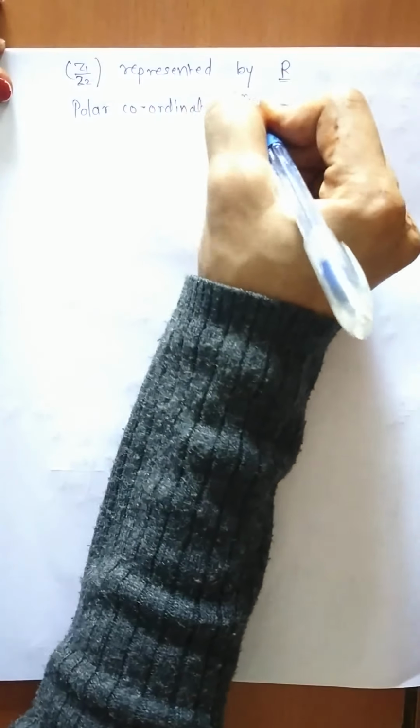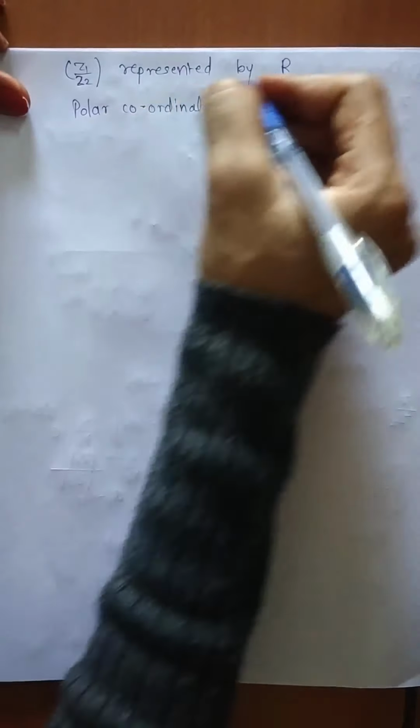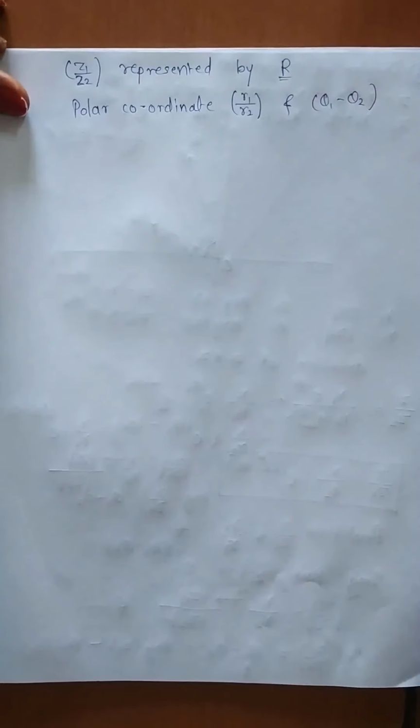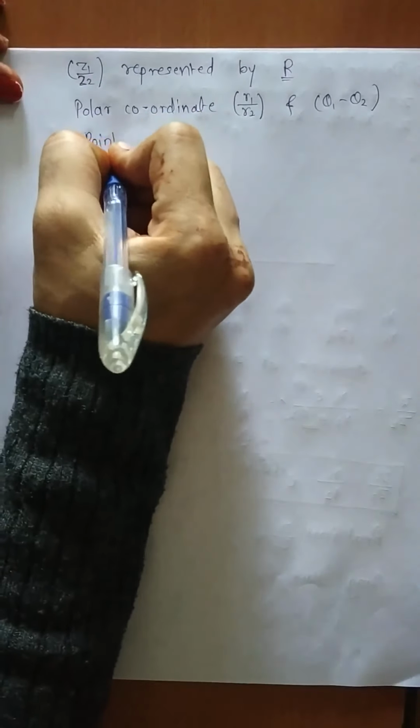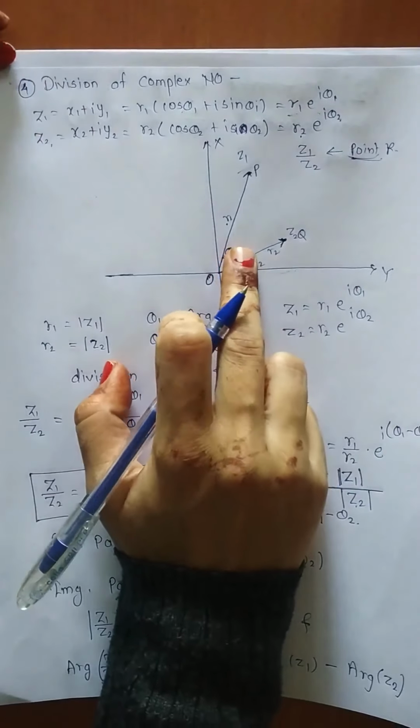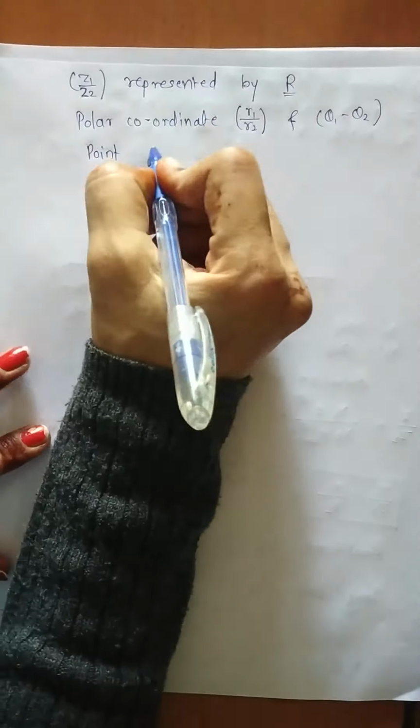R will have polar coordinate whose value is r1 upon r2, and the other polar coordinate is theta 1 minus theta 2. So point R is obtained. Now we have to obtain the point R on this Argand diagram. Here we have to obtain point R now. So this point R is obtained